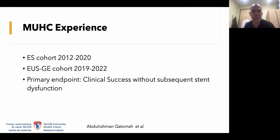What is the MUHC experience? So we looked at our data recently. Abdul Rahman has done a great job with this and presented an abstract at the UW of enteral stent versus EUS guided gastrojejunostomy. Our enteral stent arm came from an older cohort because since 2019, we've mostly done EUS guided gastroenterostomy for